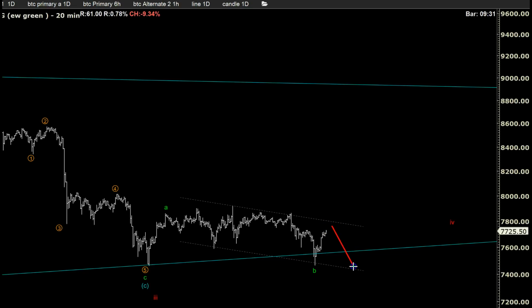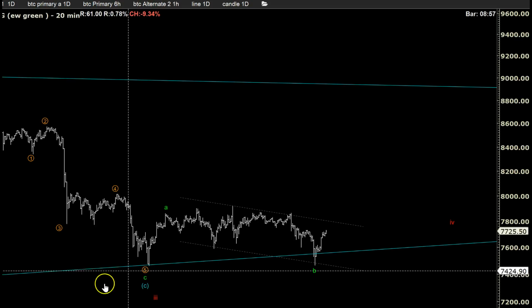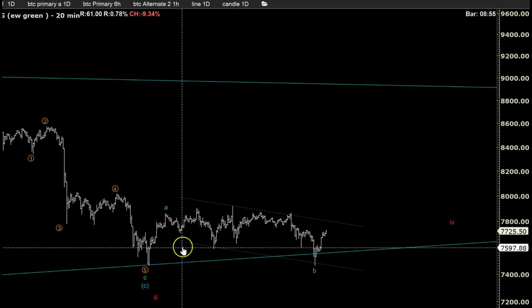If the market, instead of doing this, starts breaking lower from the bottom of this channel and starts making new lows, that means the other scenario is going to get valid, and that C wave is going to get extended, and this is a larger triangle where you go A, B, C, D, E, and then we go down. So it's very important to keep monitoring what's going on here. You don't have to go so low as I do, to the 20-minute chart, but